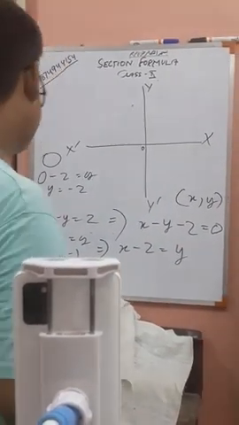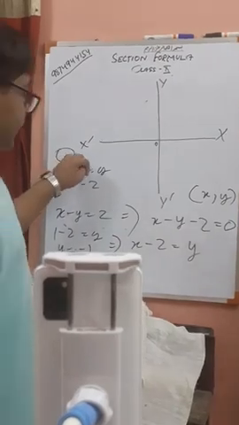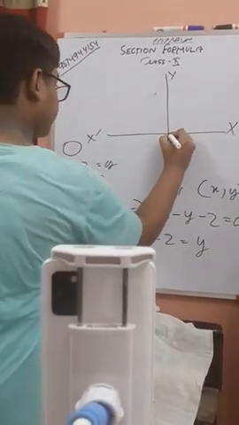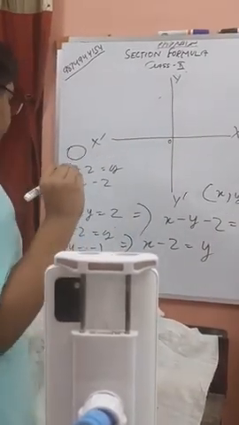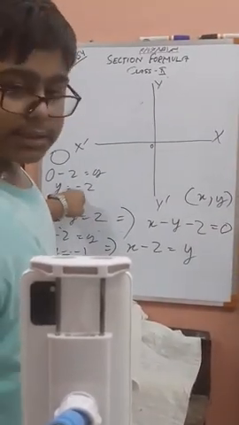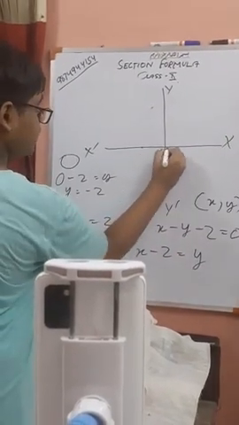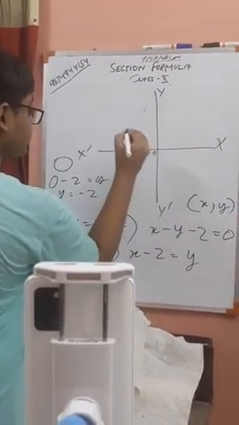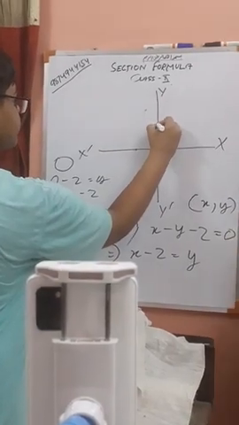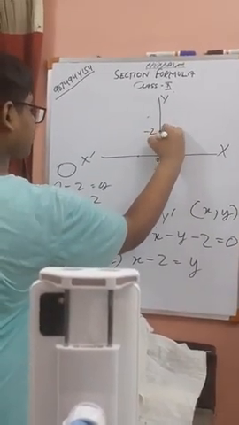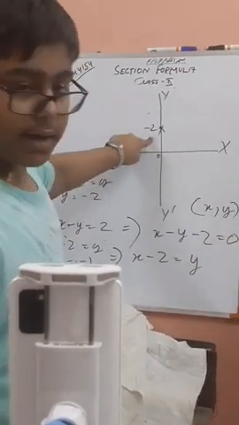Okay. So here, if we take x as 0, then the point will be over here, and the y coordinate will be minus 2. Therefore, the y coordinate should be over here. 0 on the x-axis, and minus 2 will be over here. 0 on the x-axis. The coordinate will be somewhere over here. This is clear?